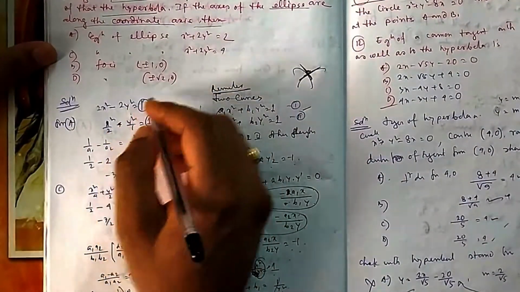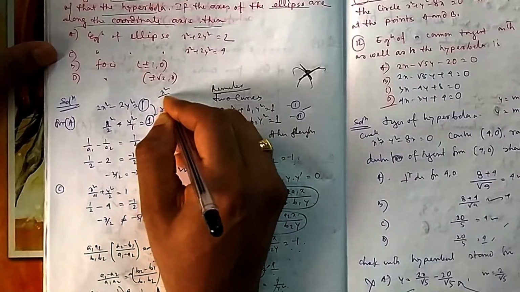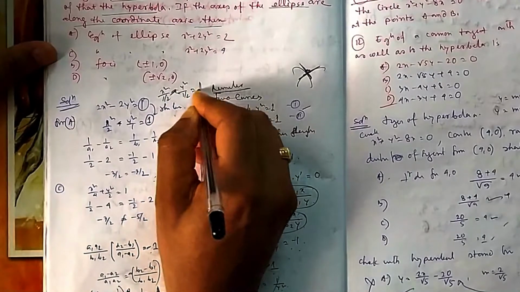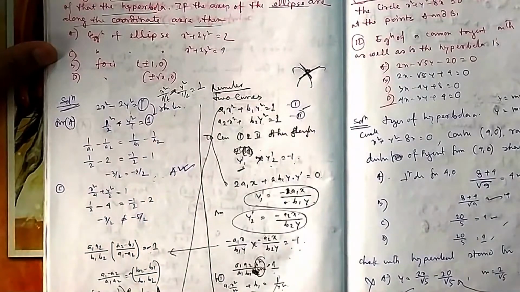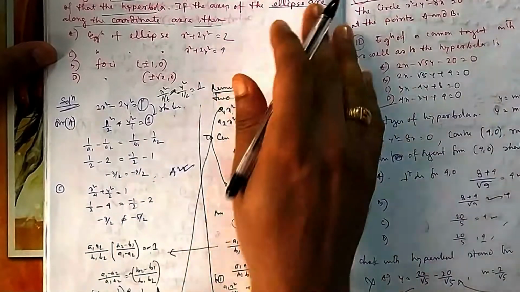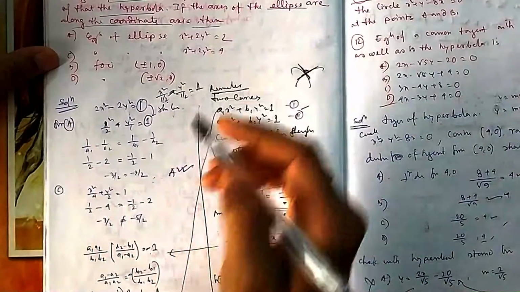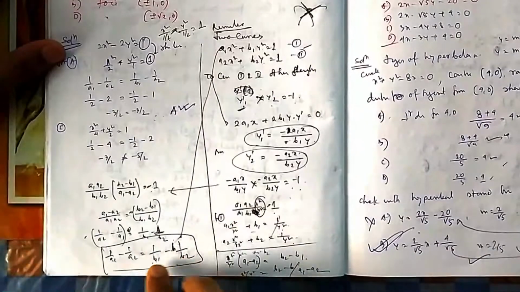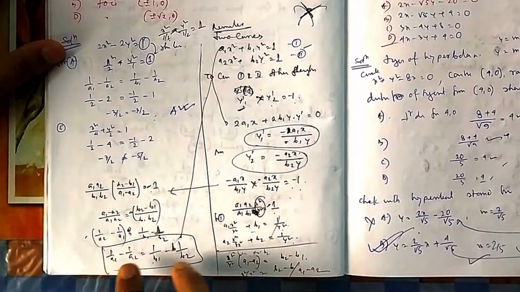What was the first one? This one. So if you do this, this is x square by half, this is y square by minus half, is equal to 1. So you know a1, b1, and the eccentricity also they have given. So if you put it there, you will find the equation between a2 and b2. You will find the equation between a2 b2 if you put a1 b1 here, one equation.